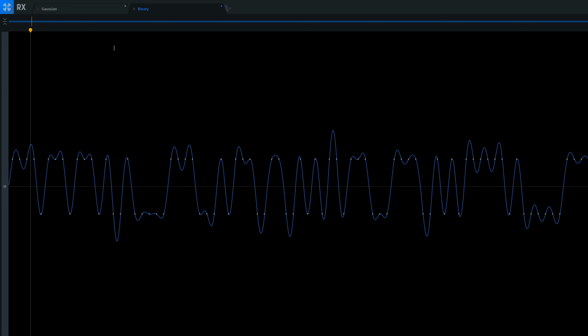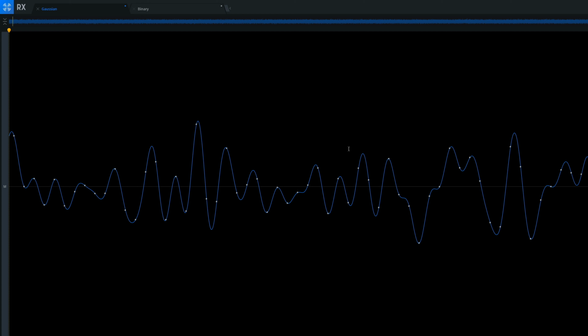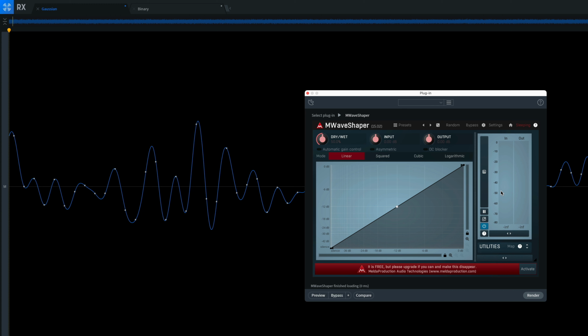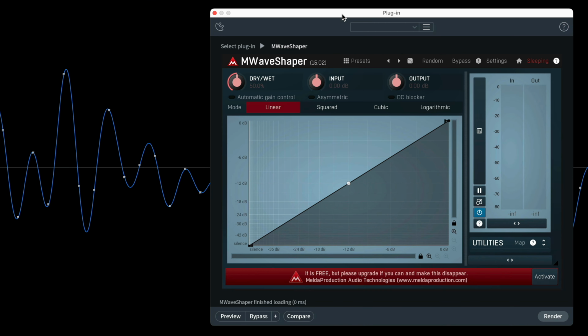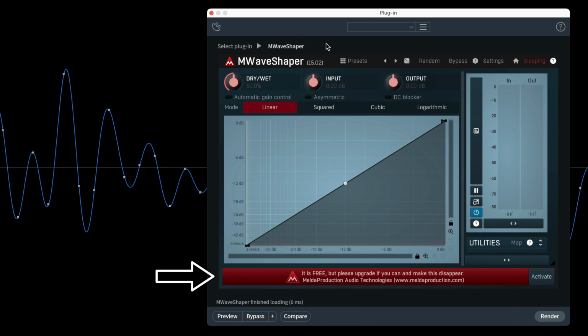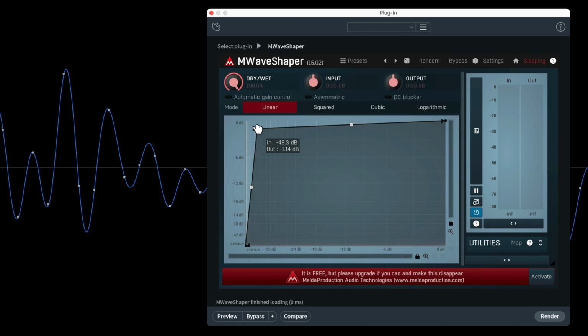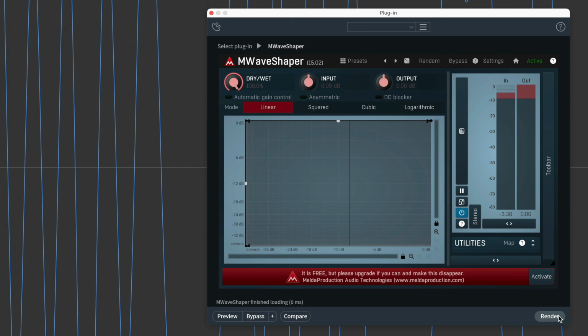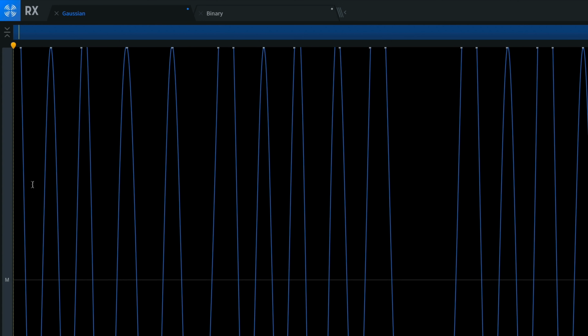To make binary white noise, we need to wave shape some normal noise. Most DAWs have a wave shaper, but there is a free plugin to do this from Melda Production called MWaveShaper. And as you can see, this is free. We'll set dry wet to 100 so we get just the wave shaped sound, and then we want to map all points to maximum. So I've inserted a node and dragging it exactly to the top left corner. Bing! Render! See how all the dots are exactly along the top and bottom now,